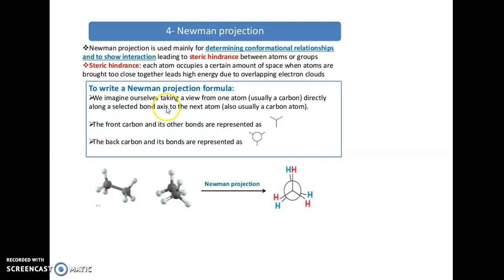Now next is the Newman projection, which is mainly used for determining the conformational relationship and to show how the interaction leads to steric hindrance between the atoms or groups. This representation is not only used to determine the conformational relationship, it is also used to show how this interaction